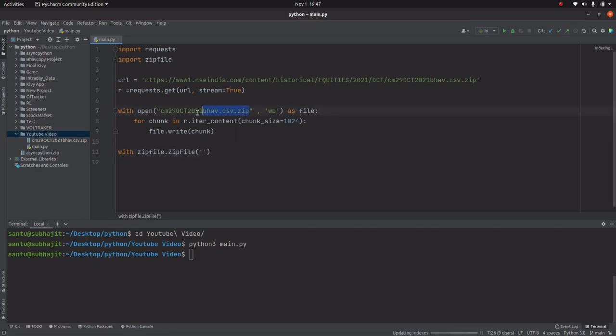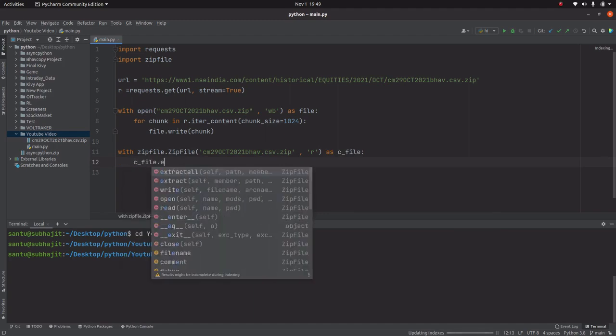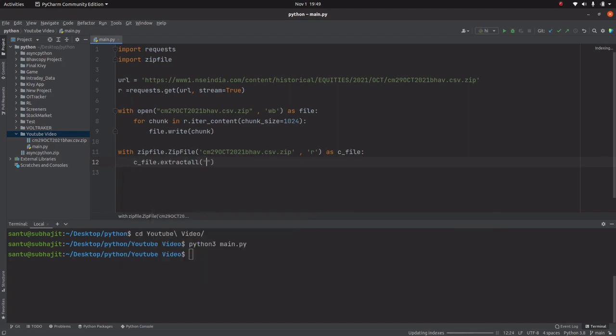Let me copy and paste it here with the mode r as, now as compressed file, that is c_file. Now c_file.extractall. So let's save the file and let's run.